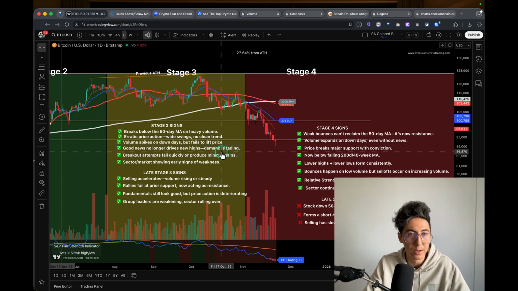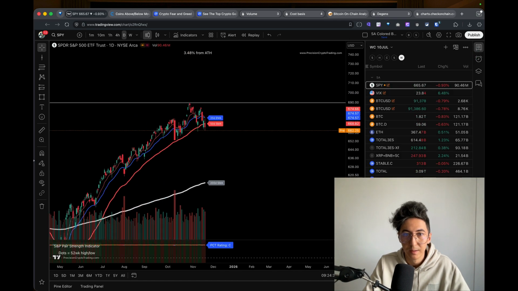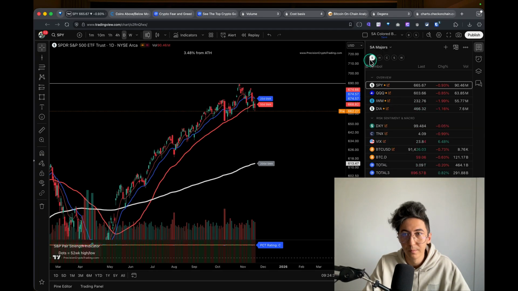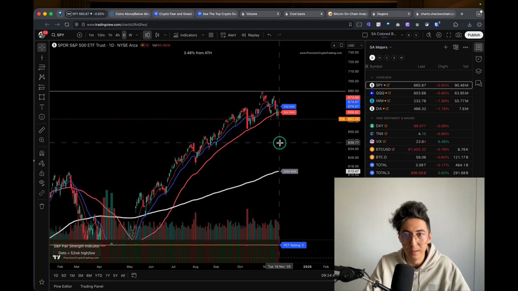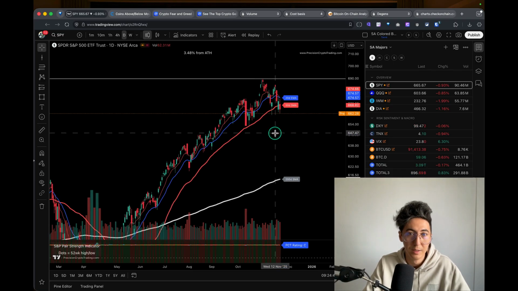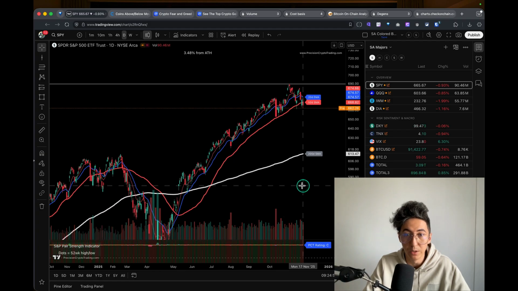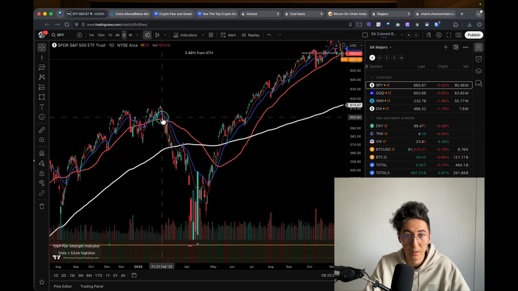Now let's talk about some of the other things that we like to look for in the general market. So we like to look at the SPY. What's happening with the SPY? SPY, it is having quite a bit of distribution. We can see that the pre-market is actually lower, so this is not healthy, which is probably why Bitcoin is also not reacting that well either. We can see some much heavier distribution, volume increasing, different than when we were going on this uptrend. We can actually see the volume increasing, similar to when we had this